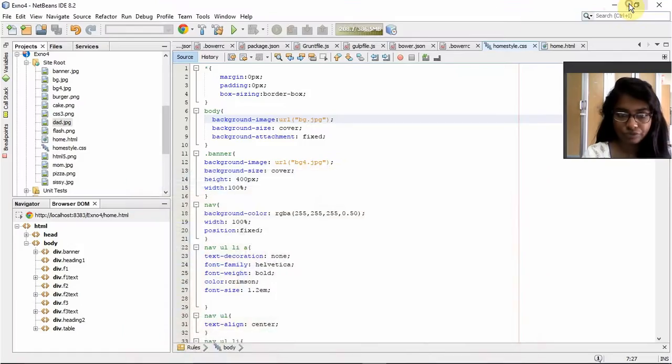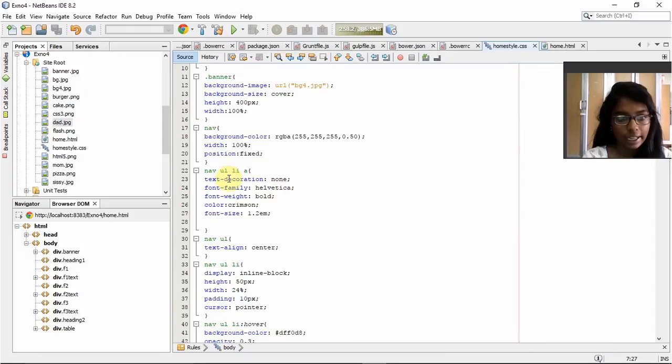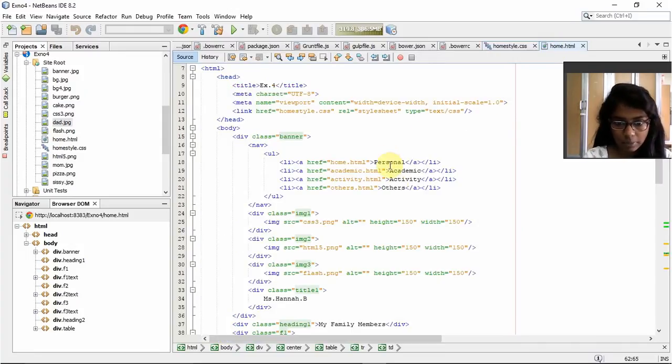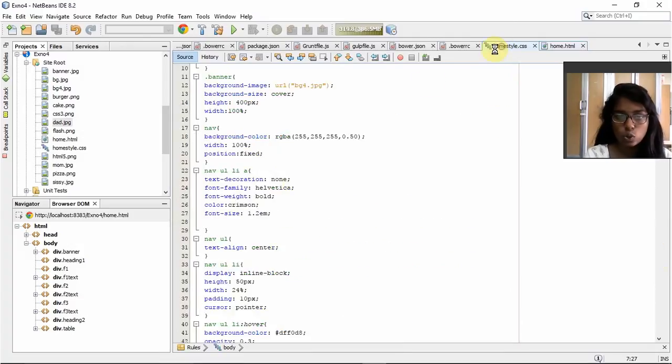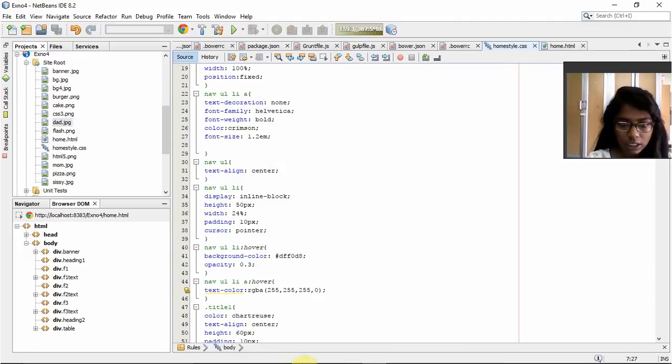Now, for the navigation I have an RGB color, that is the white color, and I give an opacity along with a width, and the position is always fixed. And inside the navigation bar I have my anchor tag. Inside that I have the content. Those contents are personal, academic, activities and others. In this I've given a color, bold, and the font size, and the text will be centered, and I've given something called hover, so that when I go and click the font, I